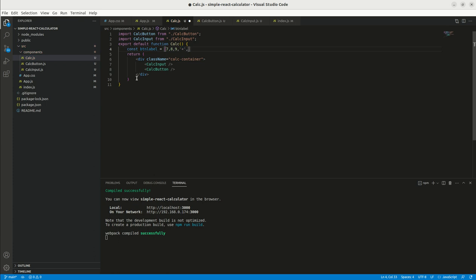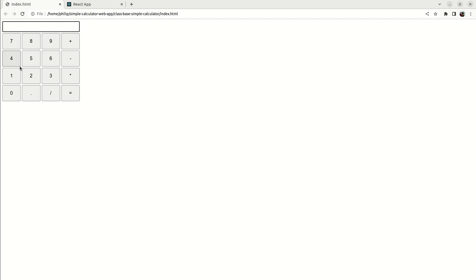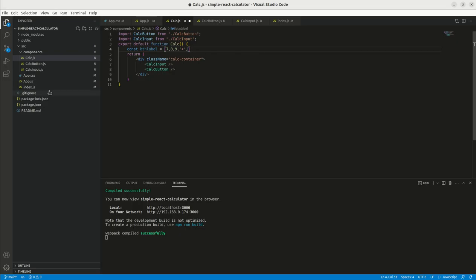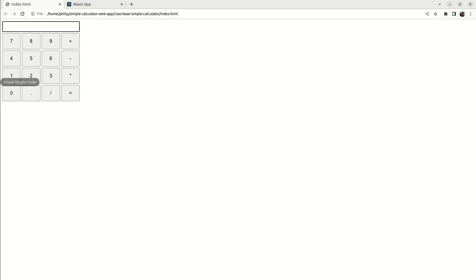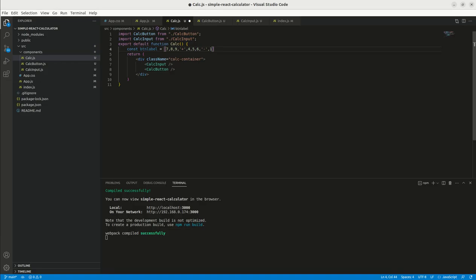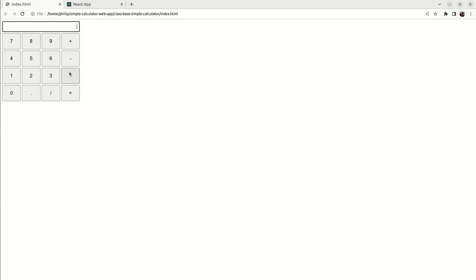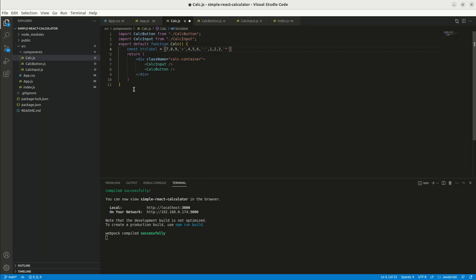Then next is 4, 5, 6, then minus, then 1, 2, 3, then asterisk string. Next is 0, dot, division, equals,